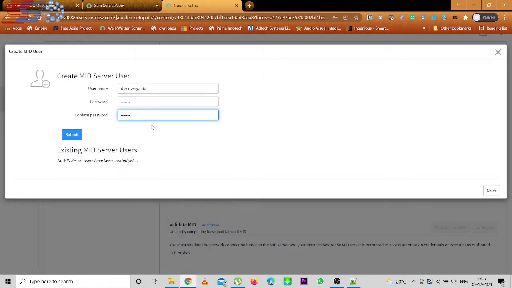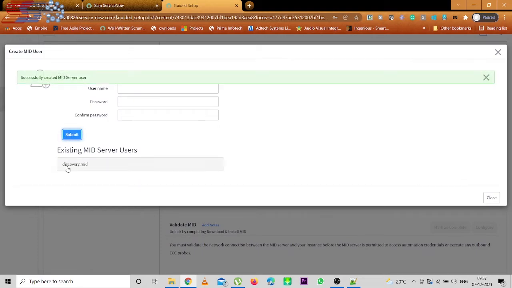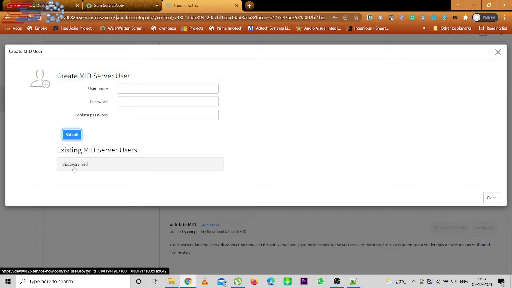Test123. Let's confirm it. Once you confirm it, you will see an option called submit. So you have to submit it. Once you submit it, you will see that the newly created user appears in the existing MID server users. Similarly, if you create some more users either from the back end or from the front end, back end in the sense from the sys user table, having the MID server roles,